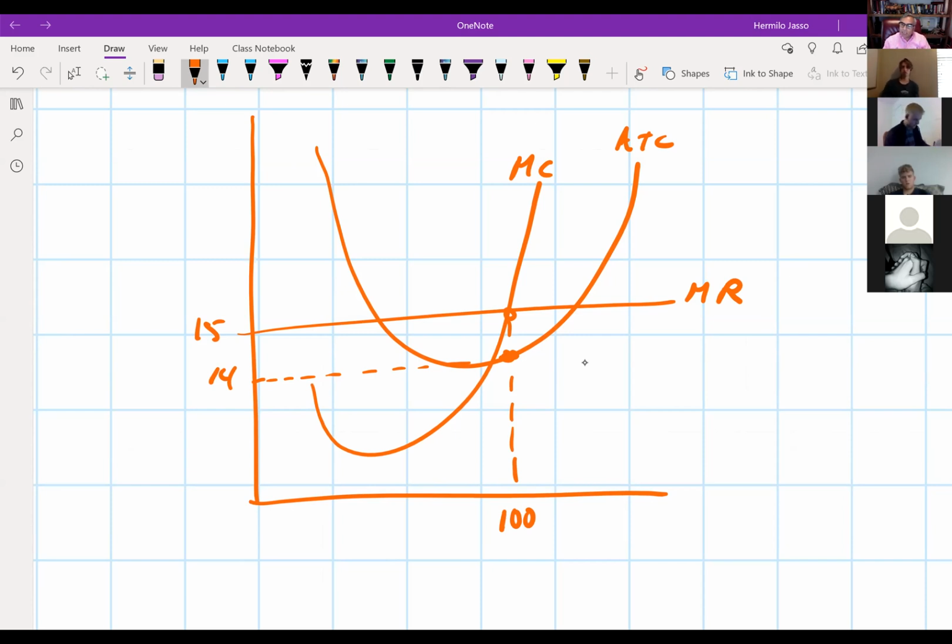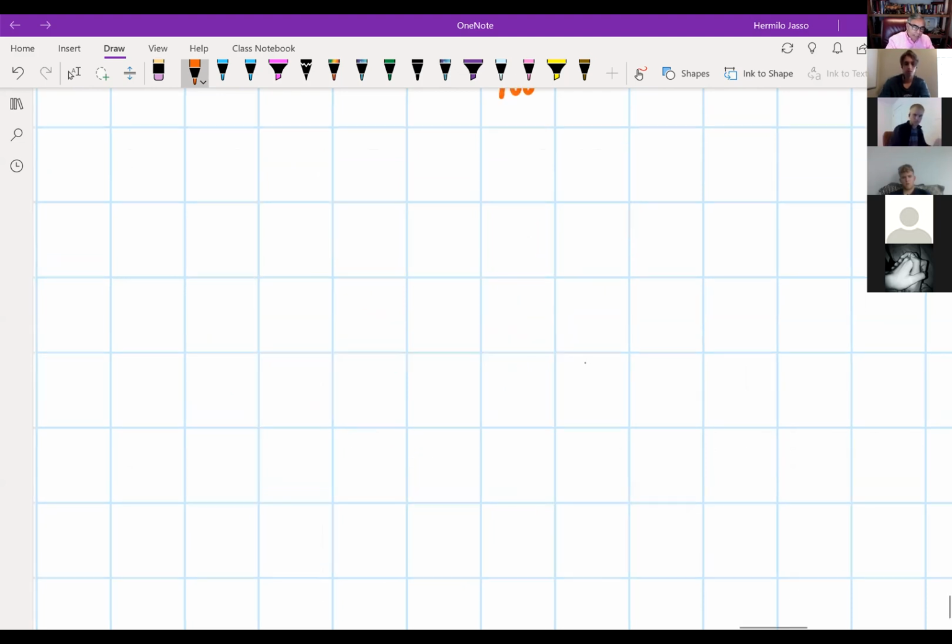So the company is making a total revenue of 15 times 100. That will be what, 15,000? No, it's 1,500. Your total cost is 1,400. So you're making $100 in profits, $1 per unit. So all this distance right here is the actual profit that you're making. Okay, now on the other hand, let's assume